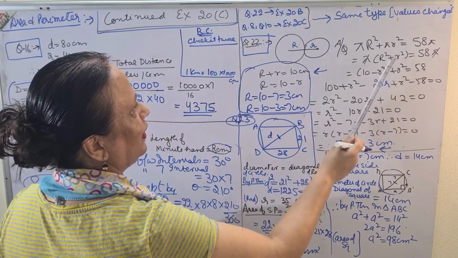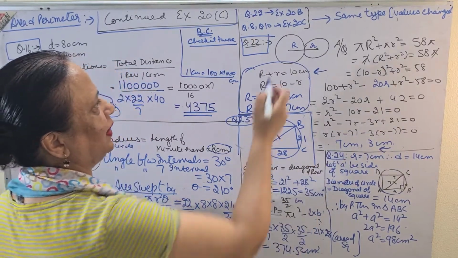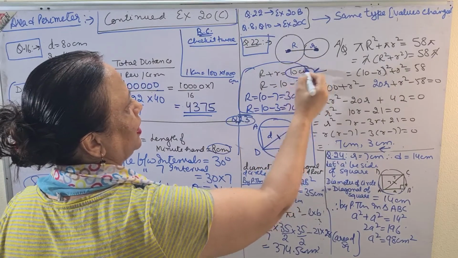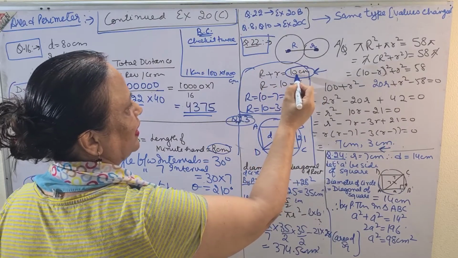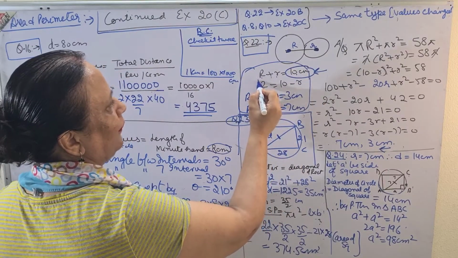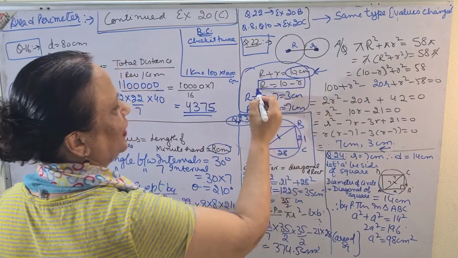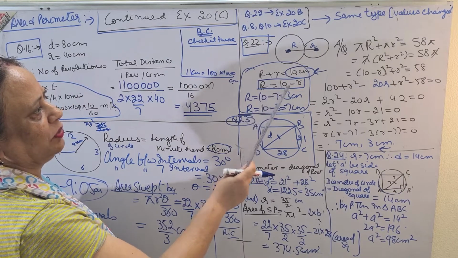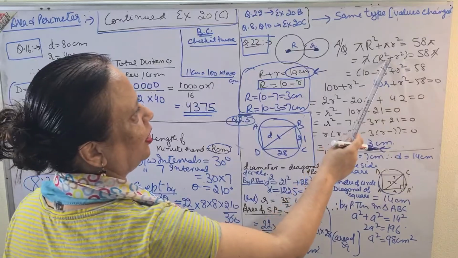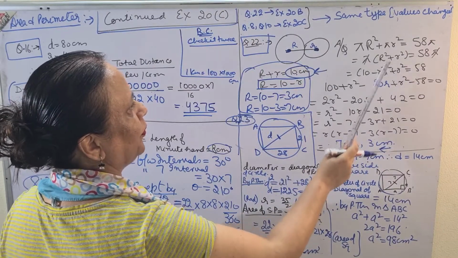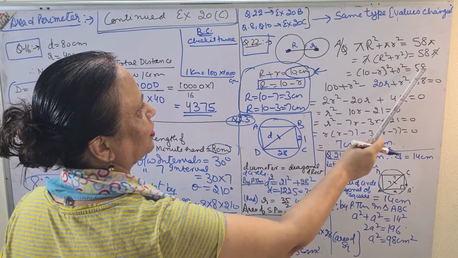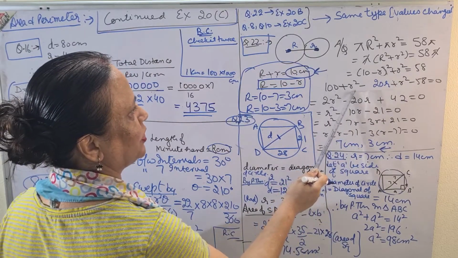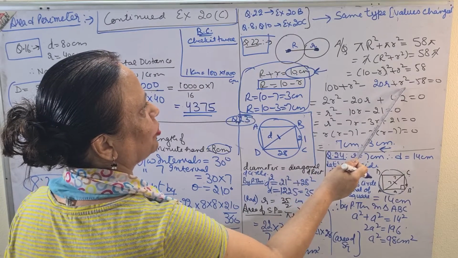You can cut pi. Now they have also given you that the distance between the centers of the two circles is equal to 10 centimeter. So I took R plus r is equal to 10 centimeter. I will take out the value of capital R. You can take any one of them, whether capital R or small r, but I have taken the value of the bigger R. Then R is equal to 10 minus r. In place of capital R in the main sum, you put (10 minus r) square plus r square is equal to 58. Now (a minus b) whole square, so a square plus b square minus 2ab, plus r square,